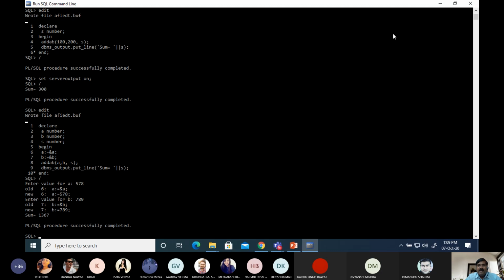Now, if we want to make a procedure for incrementing the salary in the employee table, suppose we enter the value 1, then the salary of employee number 1 will increment.